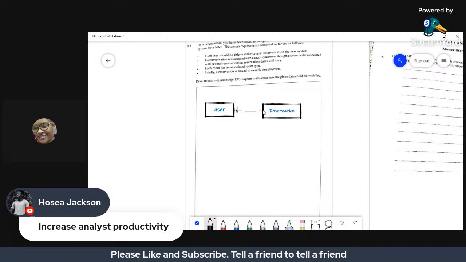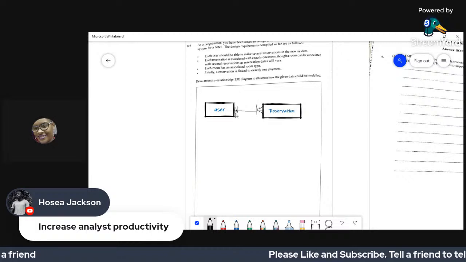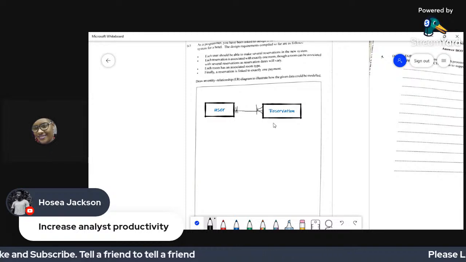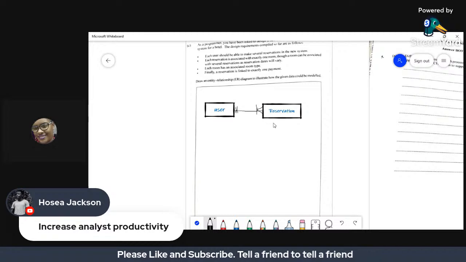All right. So we have a user can make many, or a user can make one. Each user should be able to... right? So we have a one-to-many relationship here with user and reservations.